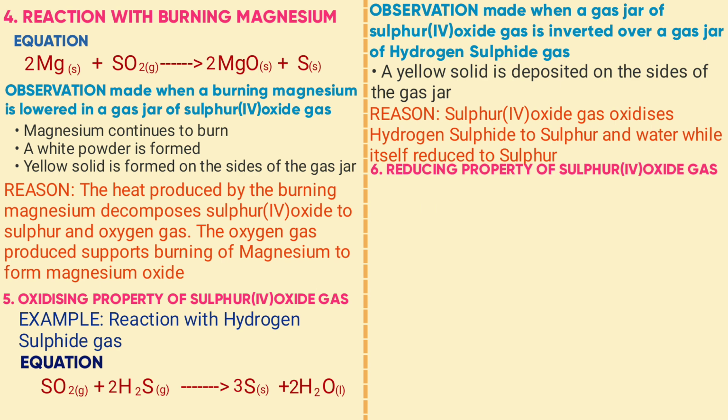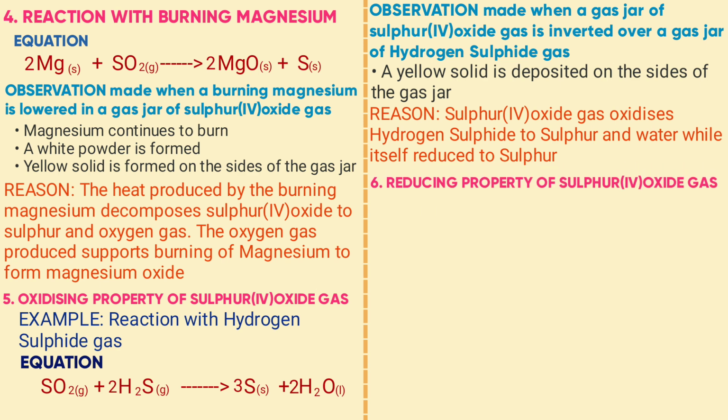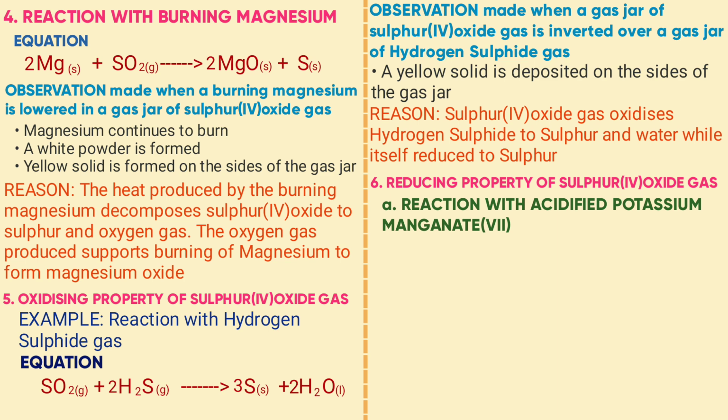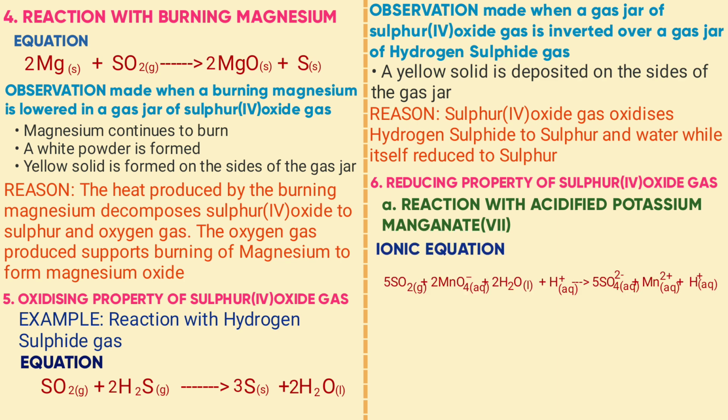The reducing property of sulfur dioxide. The first example is the reaction with acidified potassium manganate 7. The ionic equation is 5 sulfur dioxide plus 2 manganate ion plus 2 water, arrow,